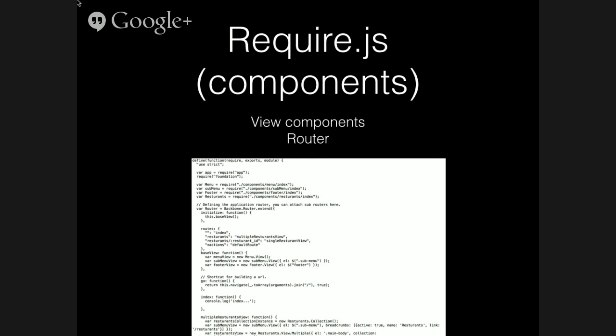This is the way I'm doing my router. And that's where it kind of looks like React, because I have a menu and submenu and footer and restaurant, and those are components. So when you go to one of the views, you basically create an instance of the menu, and then you can decide, here's a submenu view, I want you to put this submenu instance inside the submenu,